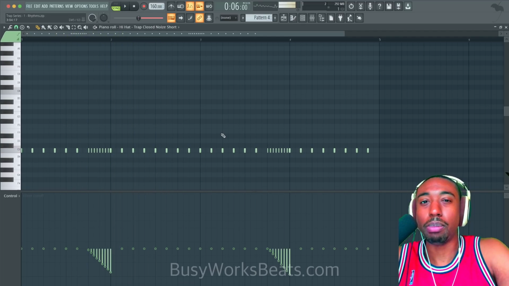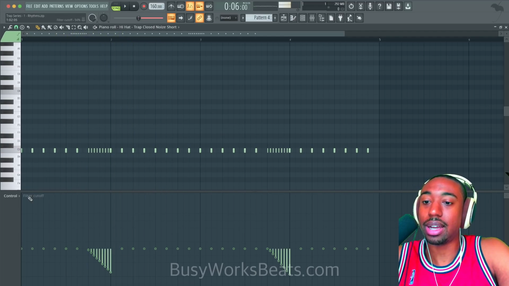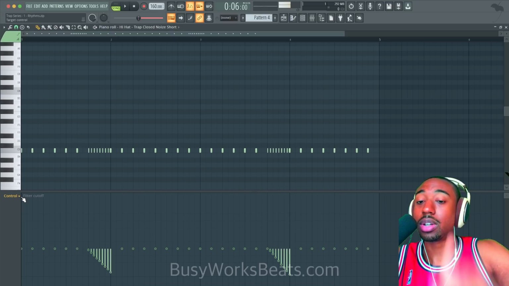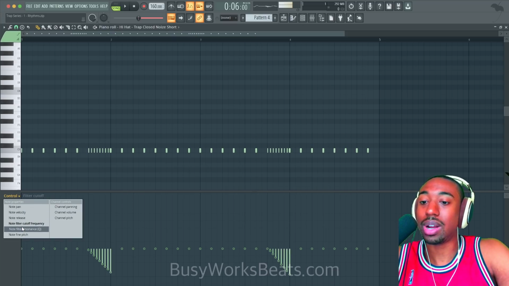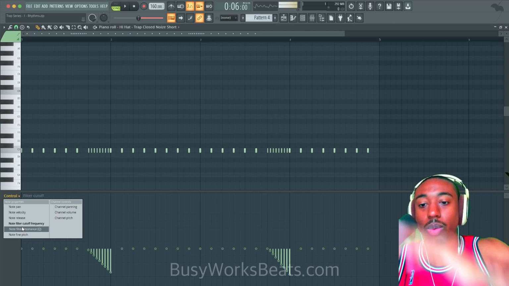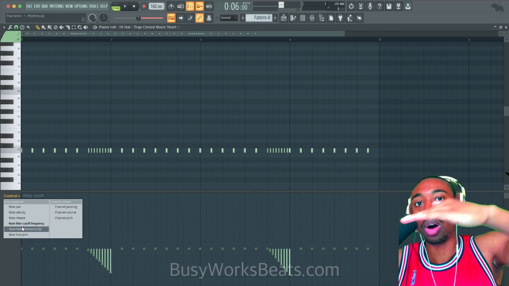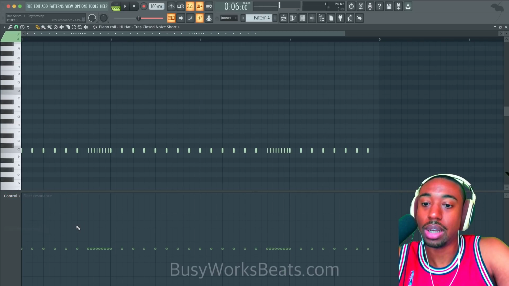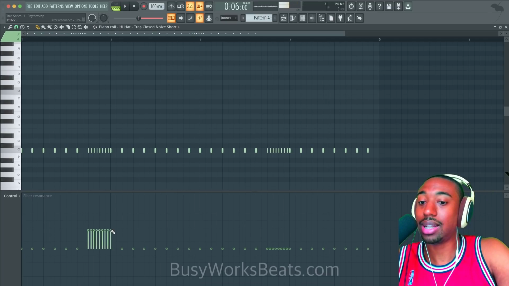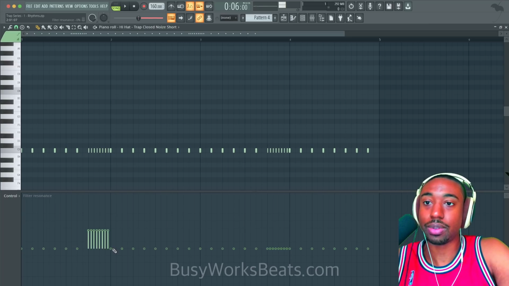And you're like, why would you ever muffle your hi-hats? But the key is that you have to combine the filter cutoff with what's called resonance. So now we're going to go to control. So when we go down with the filter cutoff, we're going to go up with the resonance. So it's opposite. Or you could just have it a steady value. So to create steady values in FL, you hit Shift.